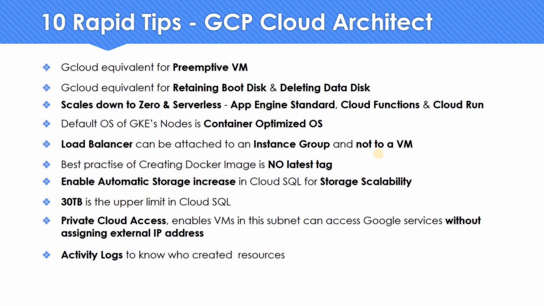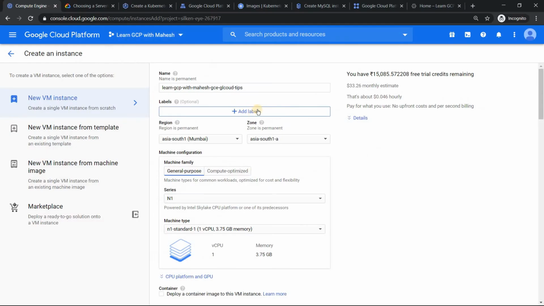Folks who are well versed with GCP may say we can look into operations logging, previously called Stackdriver logging. You can definitely look into that, but activity log is easier, simpler, and it shows the information in a more presentable way. That is the reason I thought activity log is something which is easy for somebody to look into. Let me just show you that.